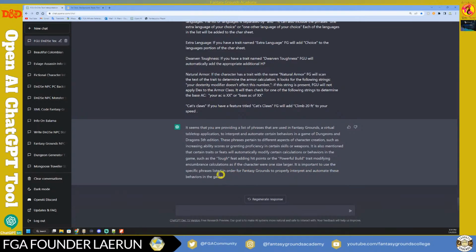behaviors in the game. This is really cool that it actually pulled that data from the internet or from the past, and it was able to do it. So it's actually pulling on information from 2021 back. So if you feed it anything brand new that just came out, it's not going to know much about it. But anything from 2021 back, it's going to have a pretty good understanding of what you're asking or what you're